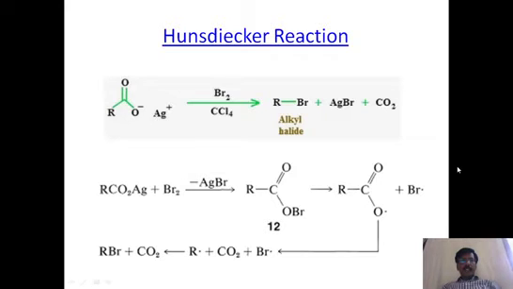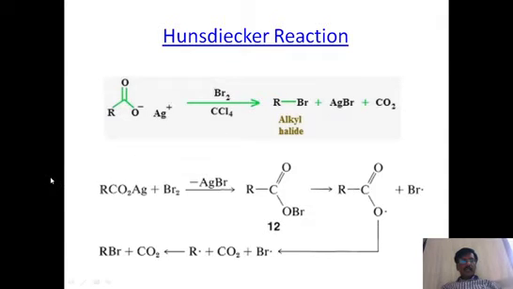Here, this is a decarboxylation process. Hunsdiecker reaction is one very important name reaction. In this, the carboxylate ion interacts and first the silver salt is formed. The carboxylic acid on reaction with silver chloride gives Ag plus and RCOO minus. So this is the carboxylate ion of the silver salt. This salt on reaction with bromine in carbon tetrachloride gives an alkyl halide. RBr is the product, silver bromide is a side product, and carbon dioxide is liberated.